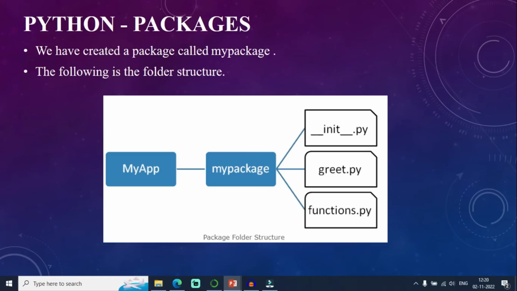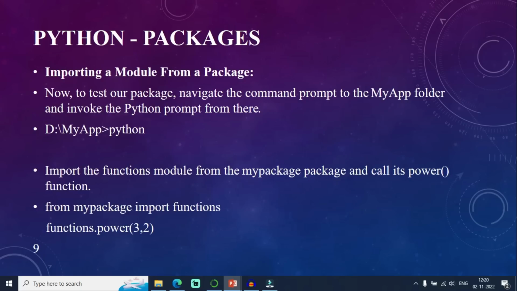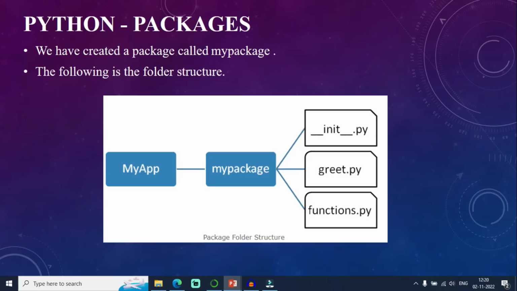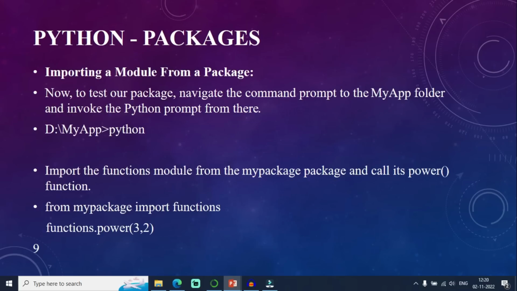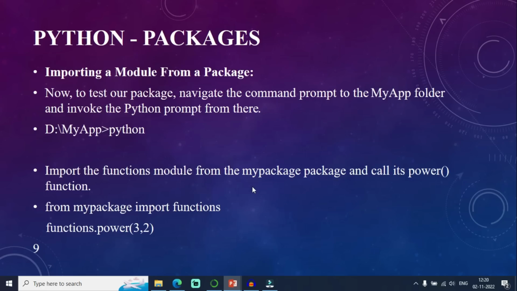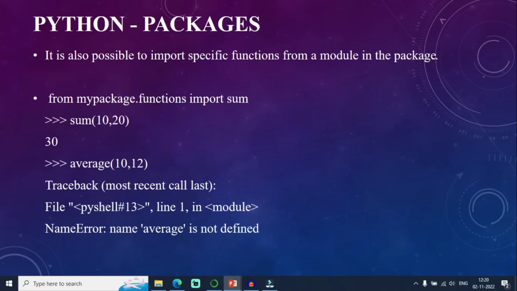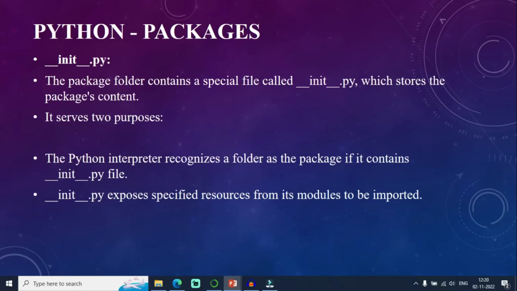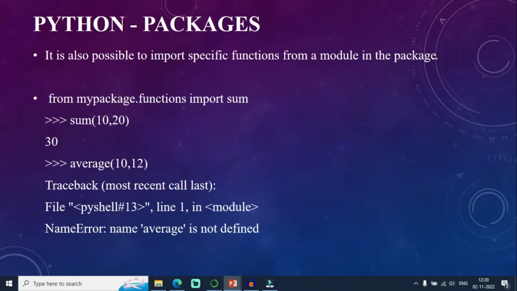Clear with this? So you can see here, whenever I want to import some module, how am I going to do so? For example, inside this D, I am creating an app called my app and then I am creating a package called my package. Clear with this? So what is the use of this my app and my package?